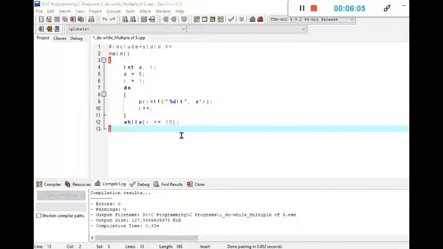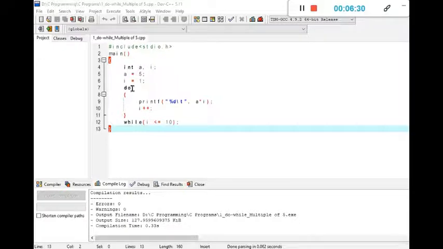After displaying 5 into 10 equal to 50, it will stop executing, because when the value of I becomes 10 in the last execution, the next execution is I equal to 11. So 11 is neither less than nor equal to 10. So when the I value becomes 10, it will stop executing.